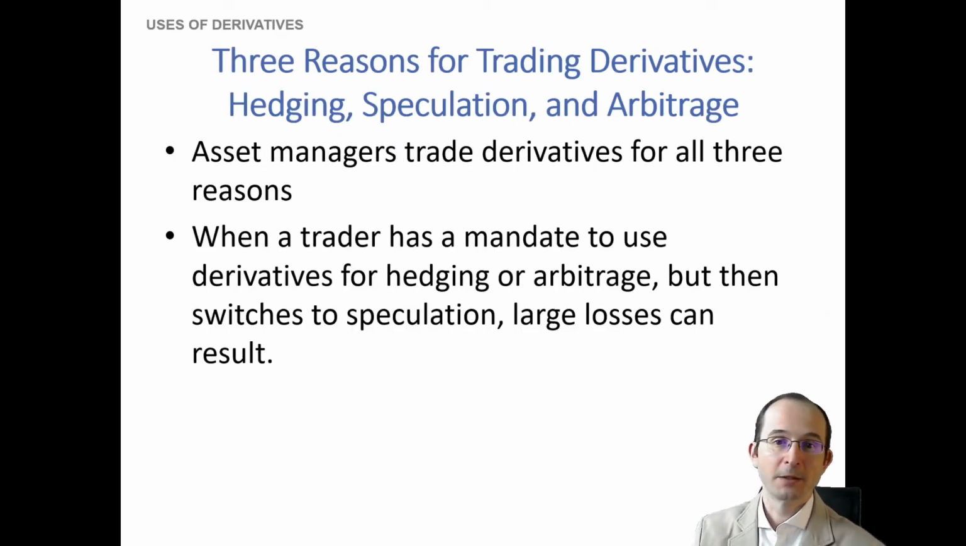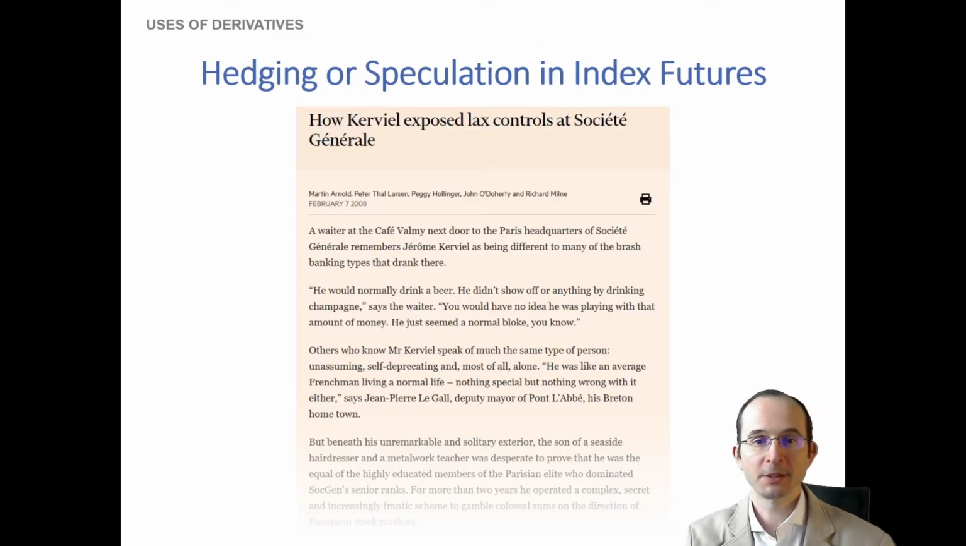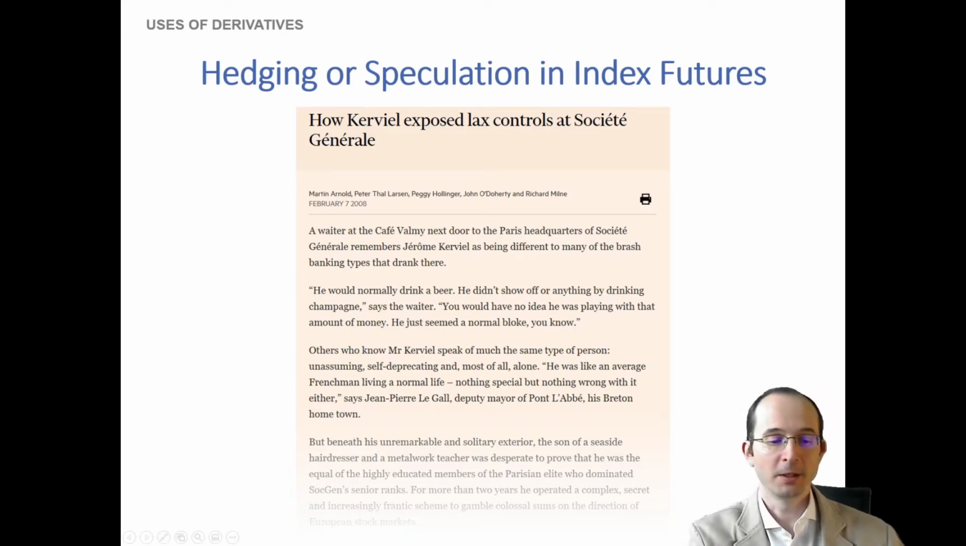But as I was saying, the essentially three reasons one would trade derivatives are hedging, speculation, and arbitrage, and asset managers really trade derivatives for all three of these reasons. But when a trader should actually be using derivatives for hedging or arbitrage and in a way goes off script to instead use derivatives to simply speculate, that can lead to unexpected and often disastrous results. A classic example of this is what happened at Societe Generale, where a rogue trader, in other words, someone who has gone off script in terms of what they were supposed to be doing,